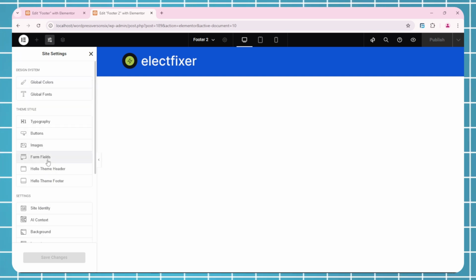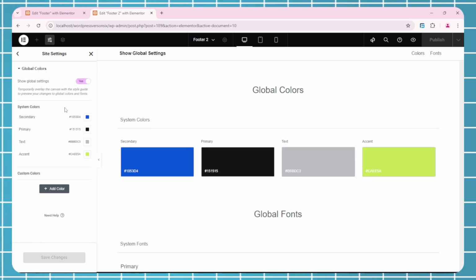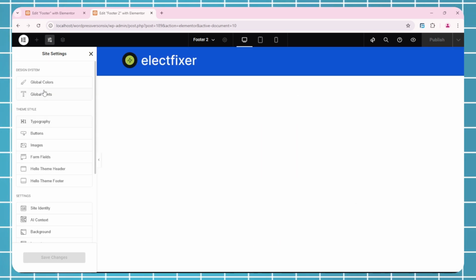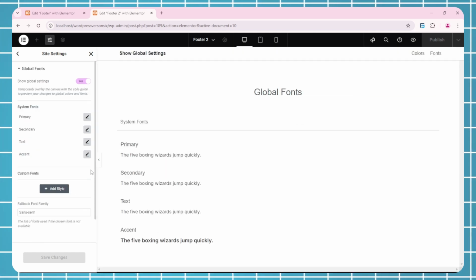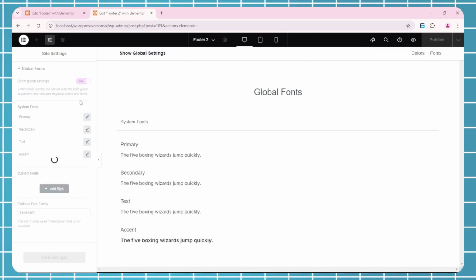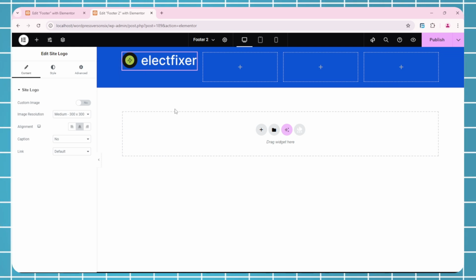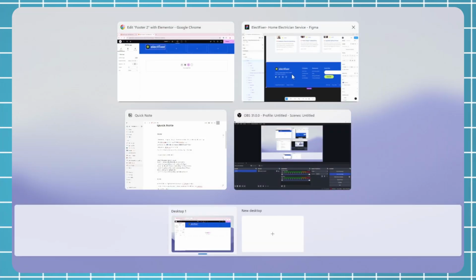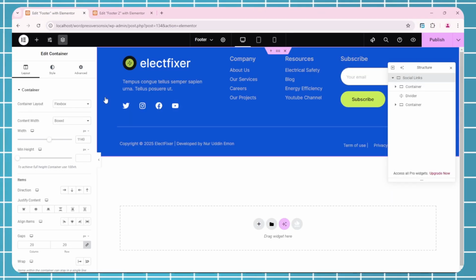Also if you look here, our global color, that's it, I added here. And also you can add the global fonts here. Okay, I added here. So that's the site setting you can add here. That's our site logo. Now since I already converted this design, so I'm going to copy this design because this is